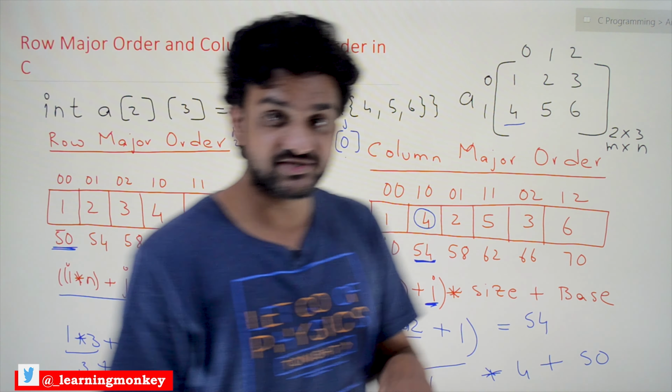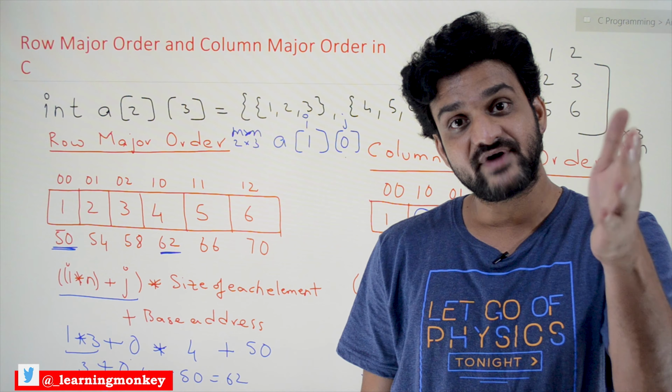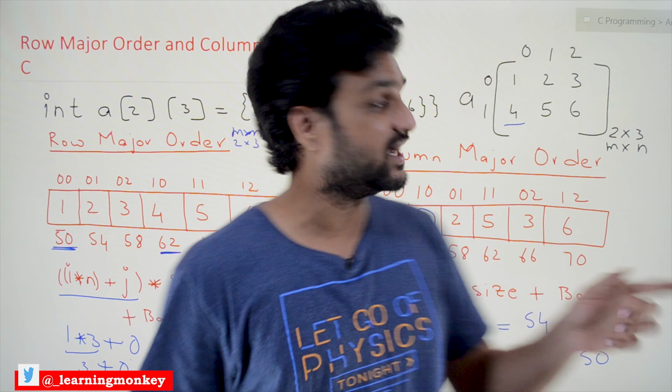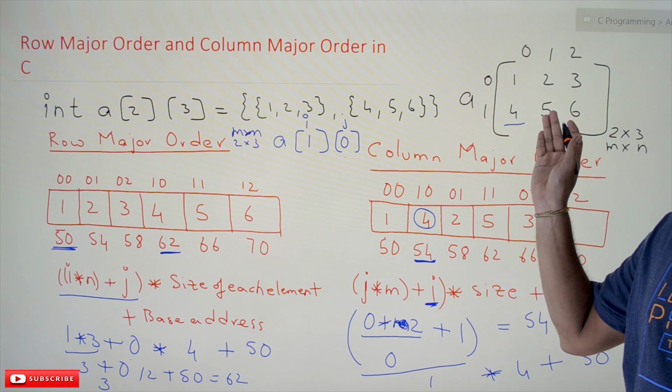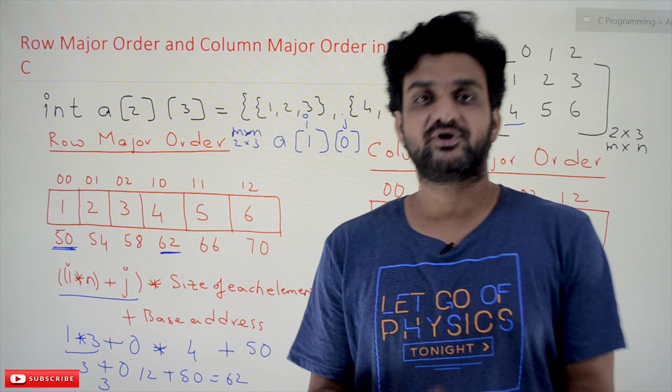So this is all about how the compiler is going to store two-dimensional array values. It may use either row major order or column major order. It is up to the developer to decide which to use. Whatever the implementation, the visualization that the user should have is this matrix way. Anyway, we can get the values. Hope you got clarity on this concept.